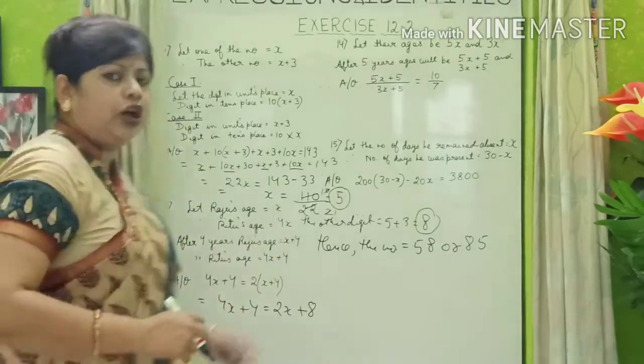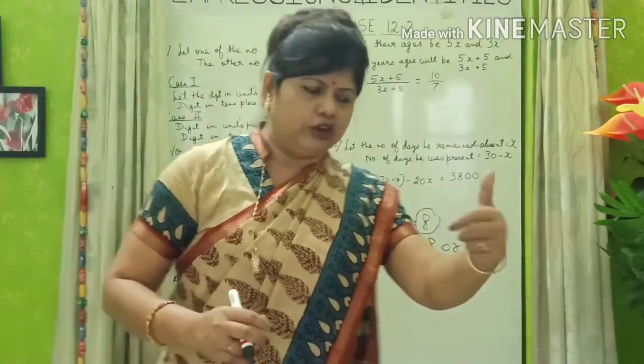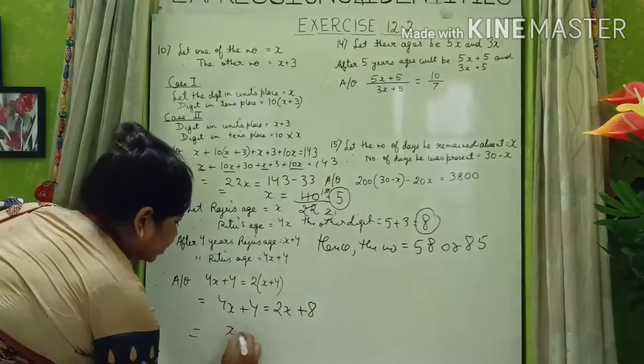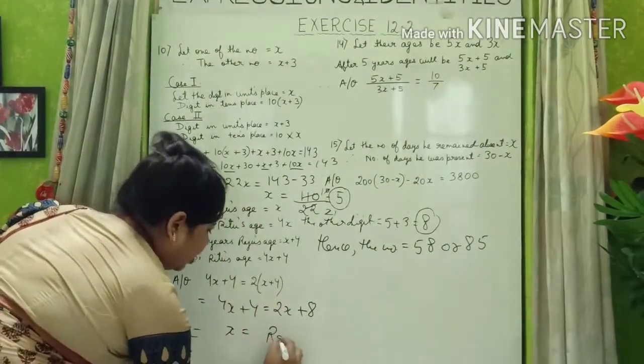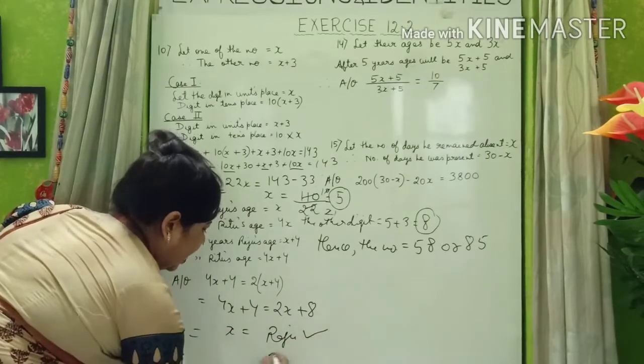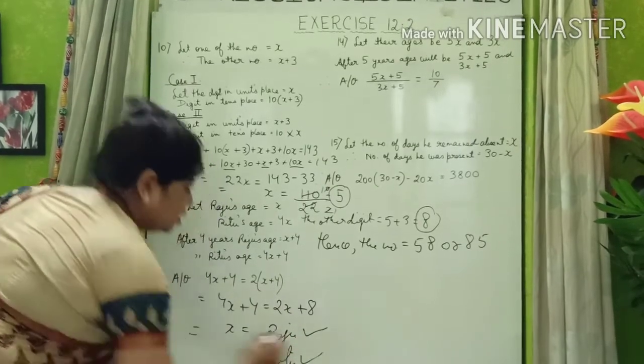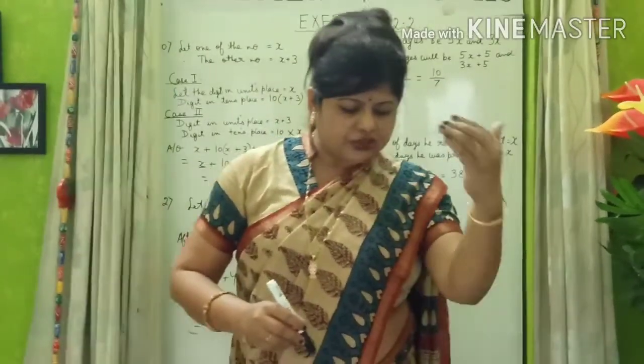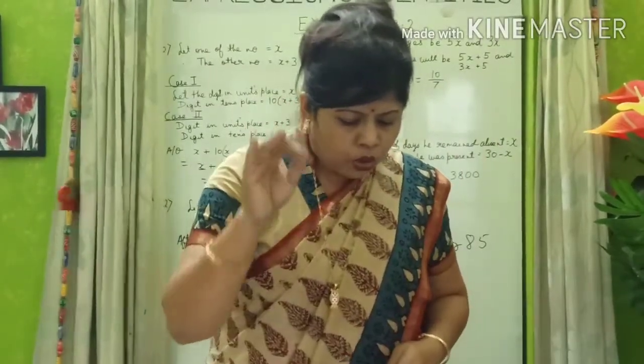And then you solve for x. I'm sure you will be able to solve after this, something very easy to solve. So as you get x, you will write that as Raju's age. You have to write, and you also have to write what is Ritu's age. Okay. Now the next question.